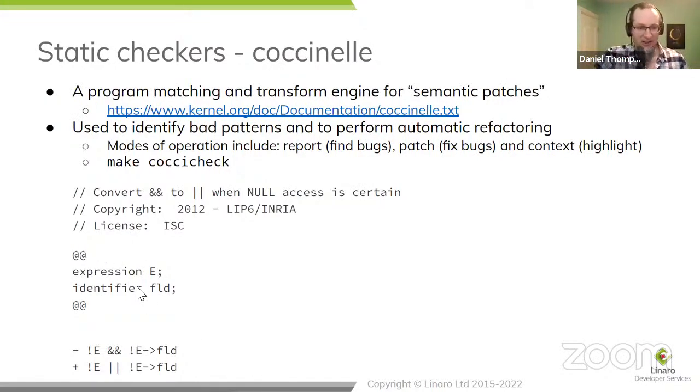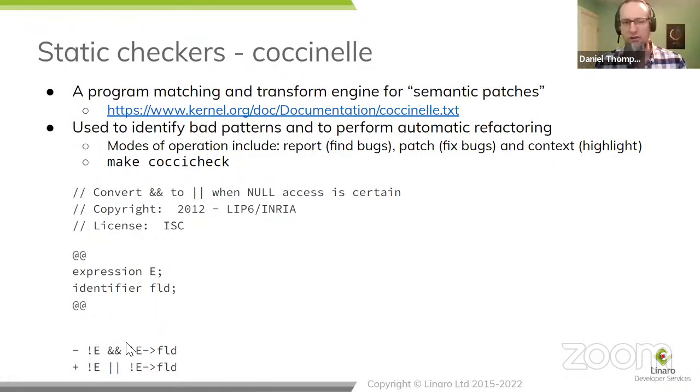And then the other detail is that E as an expression can be arbitrarily complicated. So it doesn't mean that E is an identifier. It means that E could be any kind of expression that evaluates the same thing each time. Function calls, if they're known to be constant, true pure functions, and so on and so forth. And then there is an identifier called field. So if it matches any of this, it will spot it and it can report a problem.